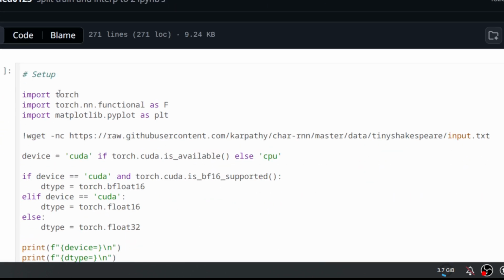So this imports Torch, the PyTorch module. This imports the torch.nn or nn functional as F. For plotting or making plots, graphs, etc., matplotlib. This is getting the file that's called the Tiny Shakespeare, which is approximately 1 million characters of Shakespeare. This is grabbing that file, and this is putting